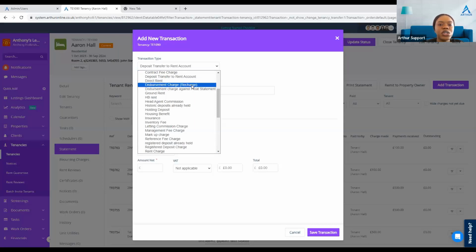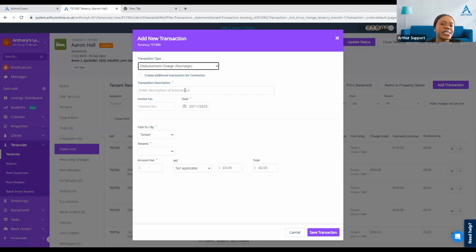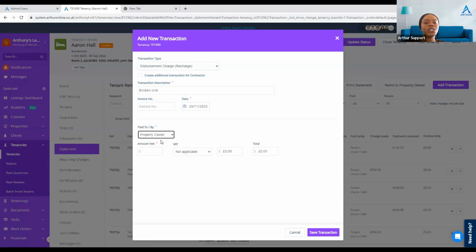Click on disbursement charge. So remember, it's a disbursement recharge. And this one here, let's say, is a sink. So a broken sink, we just say broken sink. And we can put today's date. And now you guys can see paid by. You guys can see here on the drop down, we have property owner, tenant, contractor. And in this example here, I'm just going to put property owner, and the amount will be £100